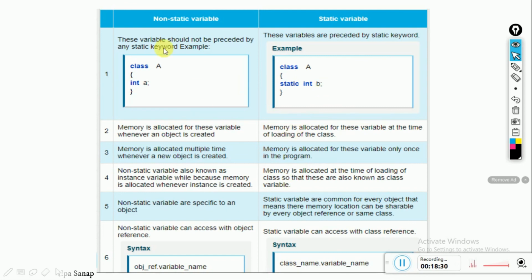So in today's session, we have discussed in detail about static variables. From exam point of view, the important questions on static variables are: distinguish between instance variable and static variables, or write a program to count number of objects using static variables, or explain in detail static members or class members inside a Java program. So likewise, you can get a question either on static variables or on static methods. The most important question is on counting number of objects using static variables.